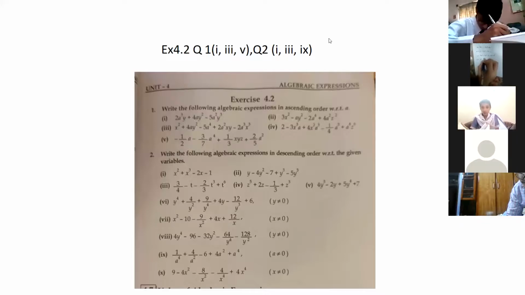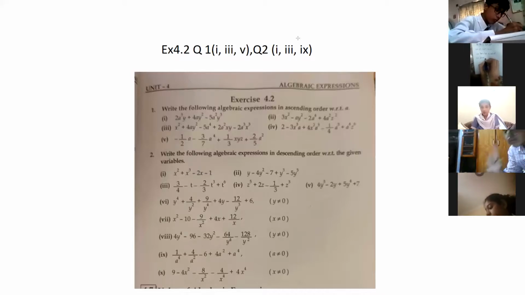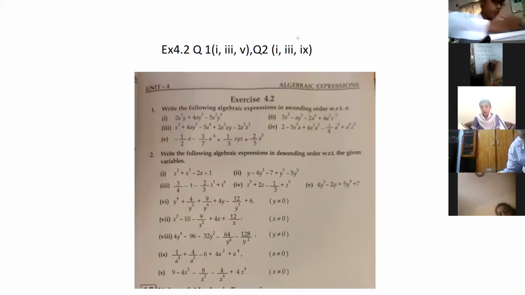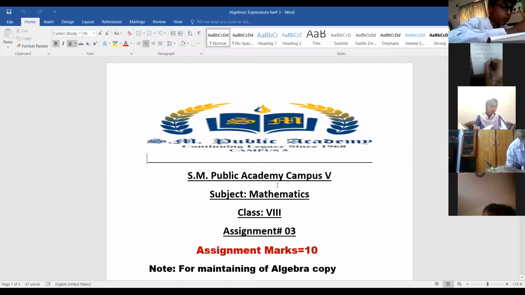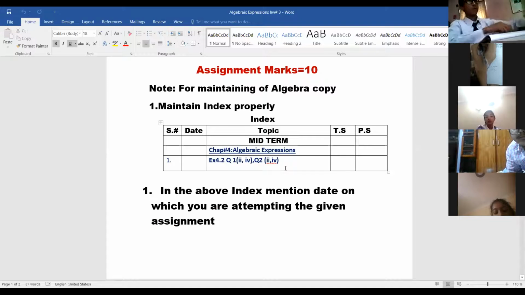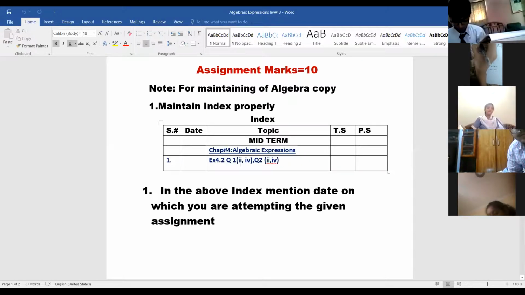Okay, this is all for today. And let me show you your today's homework as well. You all have copied the question? Have you all copied the question? This is the assignment for today, students. Okay, this is assignment for today. 4.2 question 1, bit 2 and 4. Abdullah bin Ishtaq, this is the homework for today. Question number 1, bit 2 and 4, and question number 2, bit 2 and 4.